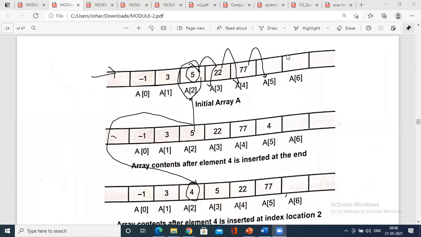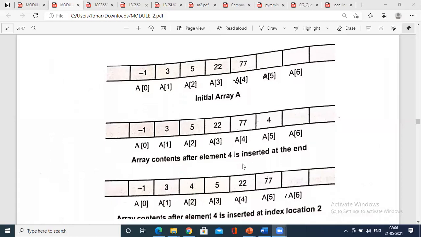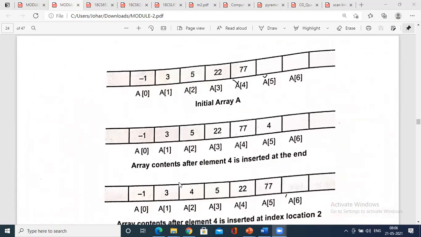This is what we do, and I have shown you this. Once again, see here what we are going to do: initialize size, you are just incrementing the memory location. So instead of a of I plus 1, we shift each element to the next memory location from the previous a of I. See, what is a of 2? It is 5, no. Now a of 3 should be made 5, and the new element will be inserted at a of 2.